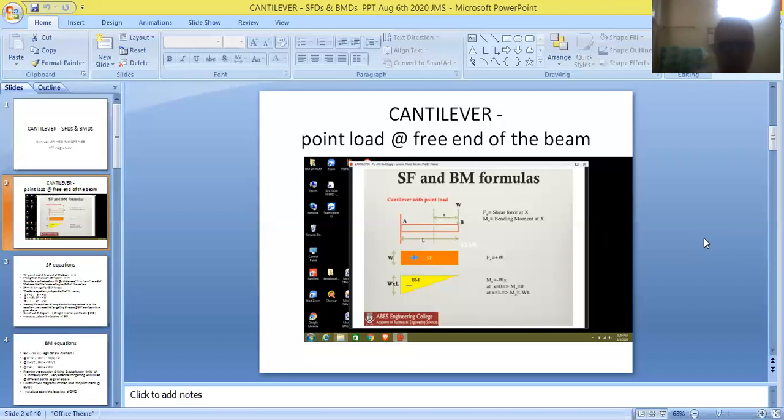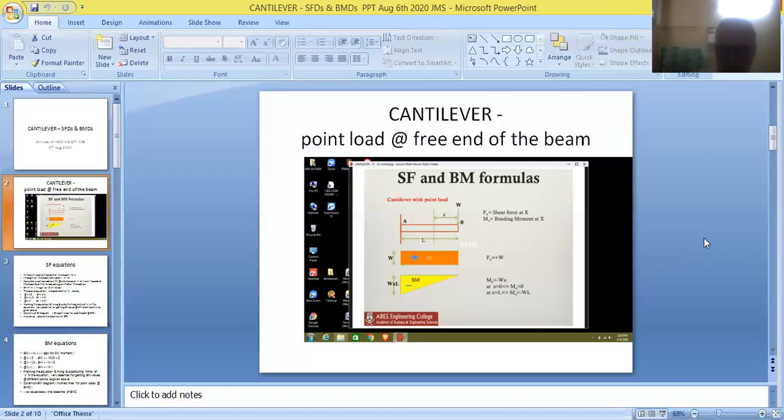And secondly, the moment is obtained by taking the product of force and perpendicular distance. So this is the force acting on the beam and this is the perpendicular distance. It is taken as x meter. So force into perpendicular distance will give us the value of bending moment. So it is written as capital W into small x. Now it is resulting in clockwise movement. So therefore it is written as minus Wx.